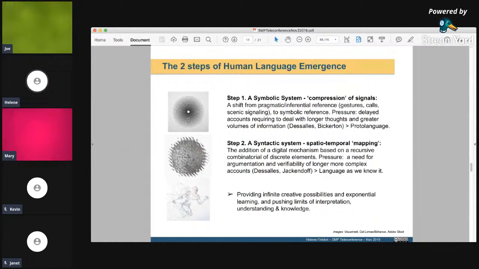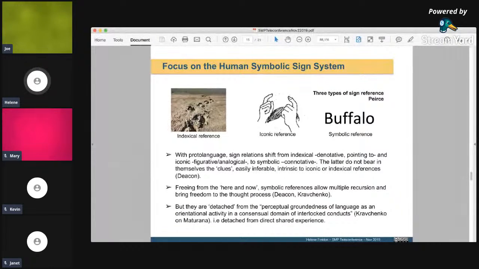And that was caused by a pressure brought about by the need to be able to account for past events and future possibilities and longer thoughts and greater volumes of information. And the second step came by a need to be able to argue and verify what was articulated, in a way to better optimize the spatio-temporal mapping of what was said. And this is how syntax emerged, and language as we know it. So there's been a lot of focus on syntax when we talk about language, but the key point that is a problem for us is the symbolic sign system,